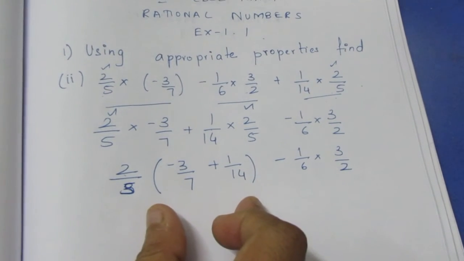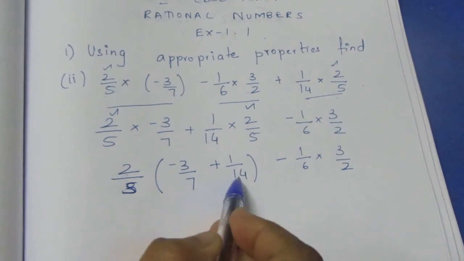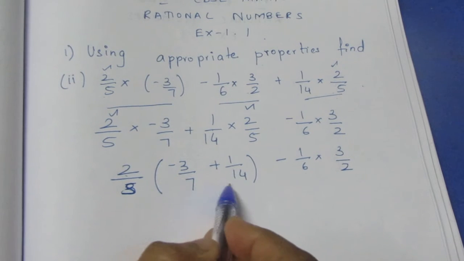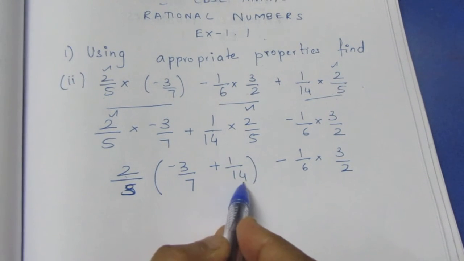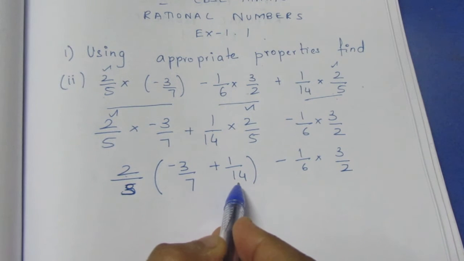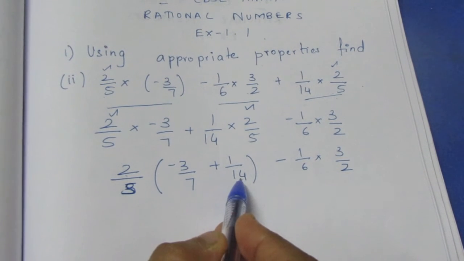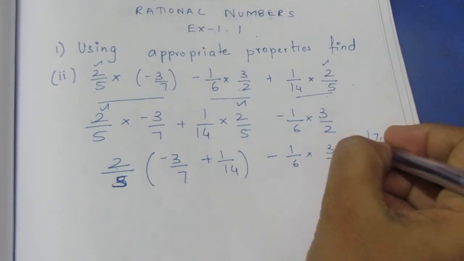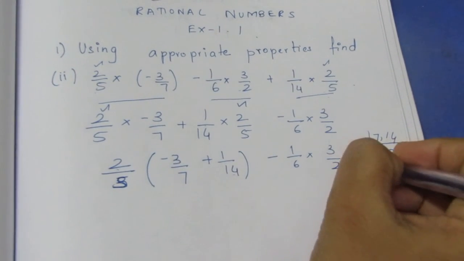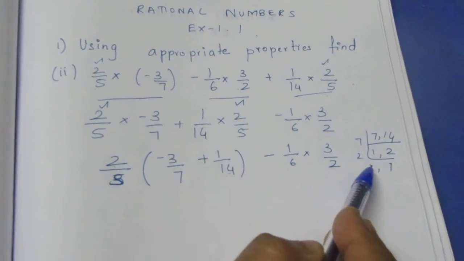Now in the bracket, according to the BODMAS rule, in the bracket we need to solve it first. We need to take LCM. It is an addition and subtraction, so we need to take LCM to solve it. We know that in 7 and 14, we have 14 as the biggest number, so the LCM will be 14. If you don't know, just do it like this: 7 comma 14, 7 ones are 7, 2 ones are 2. Now we know that 7 2s are 14 is the LCM.